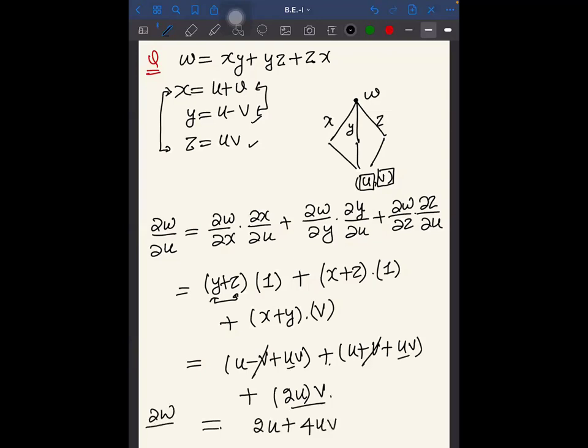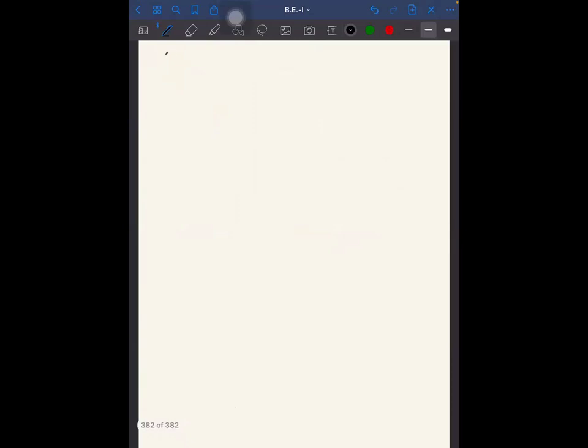So of course you know that curly w upon curly u would be dependent upon u and v, right? So u and v both can come in the partial derivative. Okay, so that's why I'm saying this. So can you do curly w upon curly v? I'm leaving this as an exercise. Is it fine? Are you with me on this? Yes, sir. Okay.